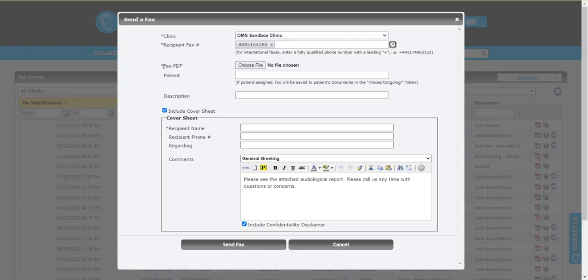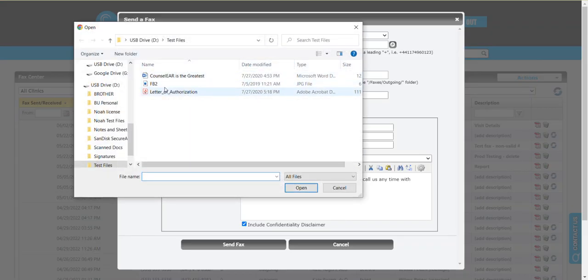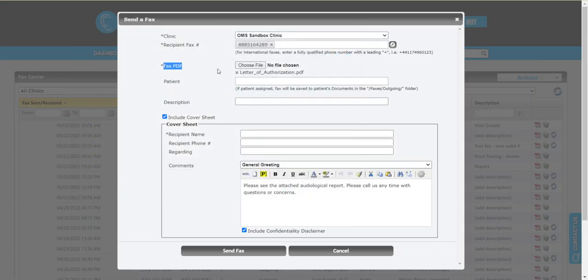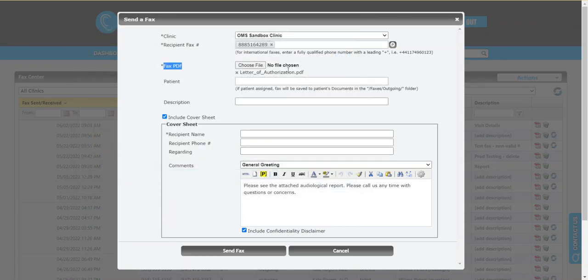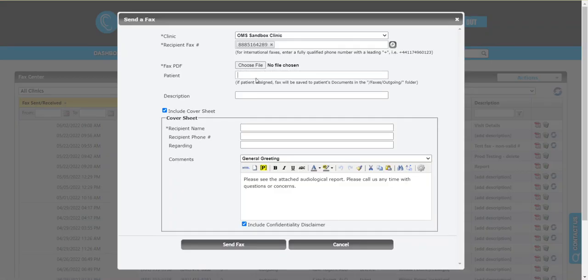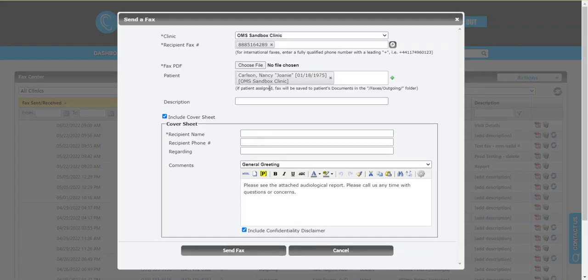So in this case, you could say, hey, I just want to add a PDF. I'm going to choose from something maybe on my desktop, right? And I'm going to go ahead and add that, or wherever you have it stored on your computer, okay? And then, of course, you can add more. And then you could add the patient if you wished. Ultimately, you could say, hey, let's go ahead, let's locate our patient here. Okay. So do a little search here, we find Nancy,